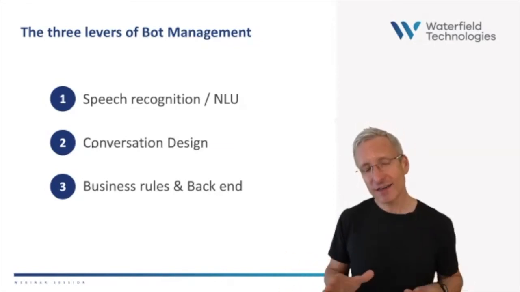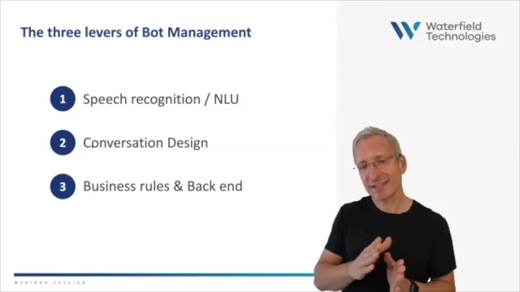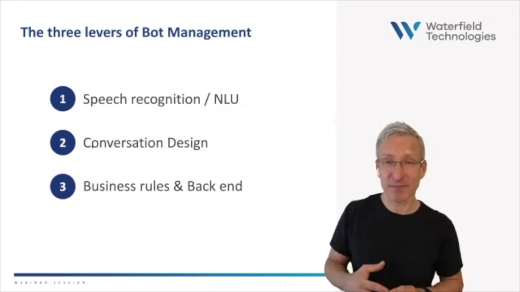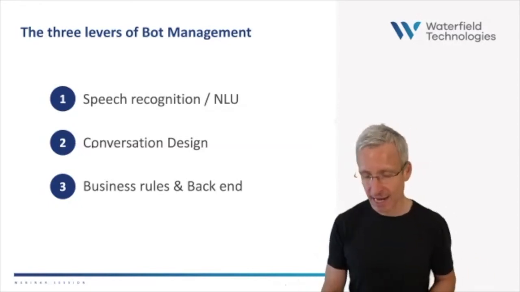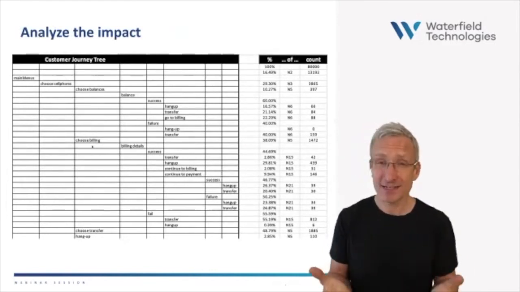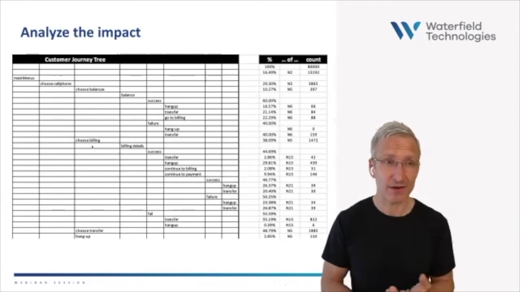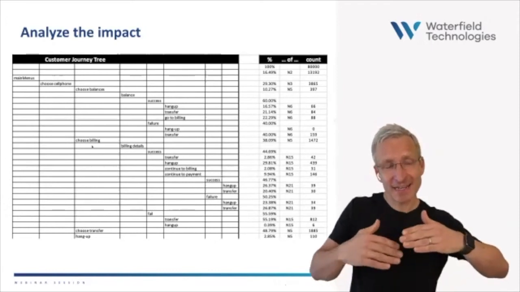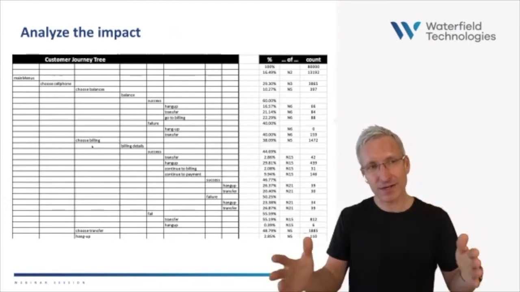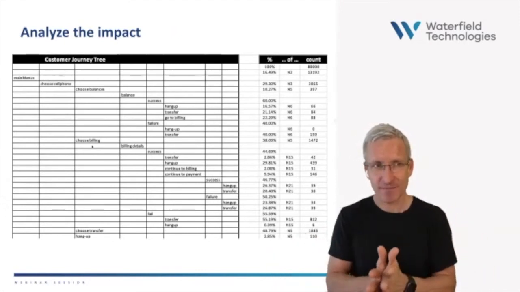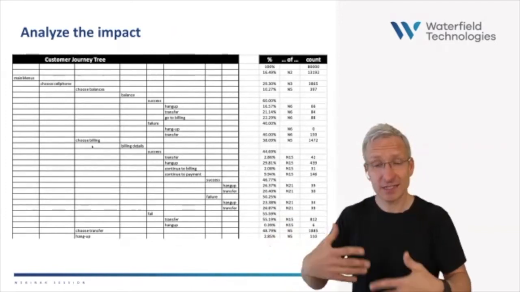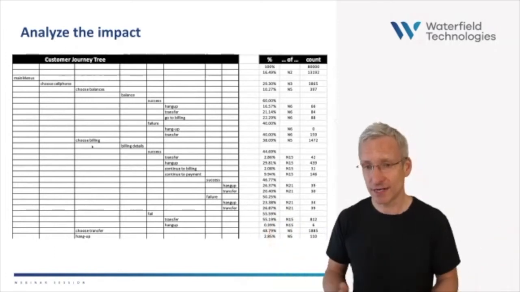Now, I think this is where you can actually go a step beyond in terms of the management process, and not just consider these 3 levers, but then analyze the impact that it's going to have. And there's lots of ways to do it, but a really simple way that we found that's really transparent and quite useful is to take the data you have about the customer journeys and map it out in a spreadsheet, almost like a tree. So everyone starts at the main menu, and then they'll pick different options, and this is whether it's a directed dialogue menu or it's an intent-based system.